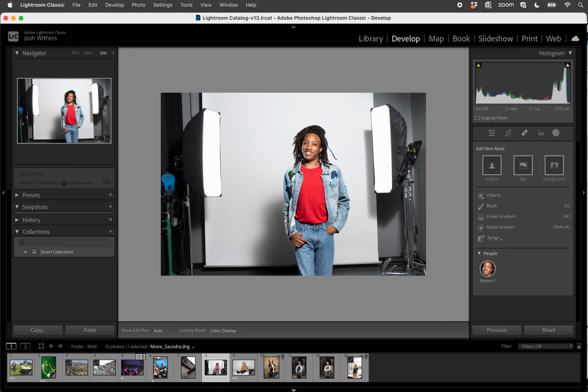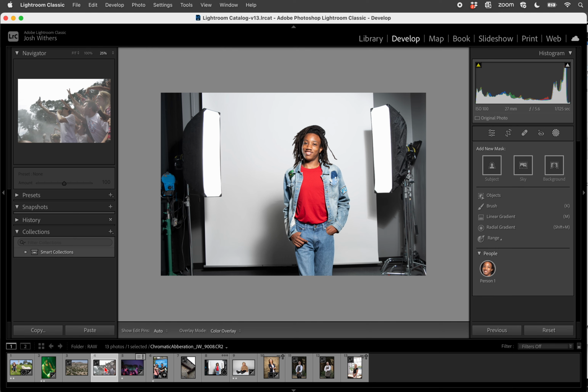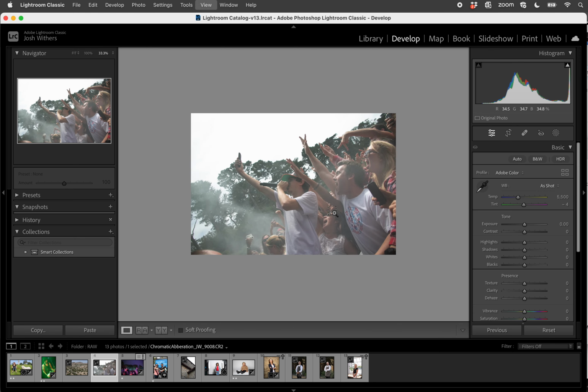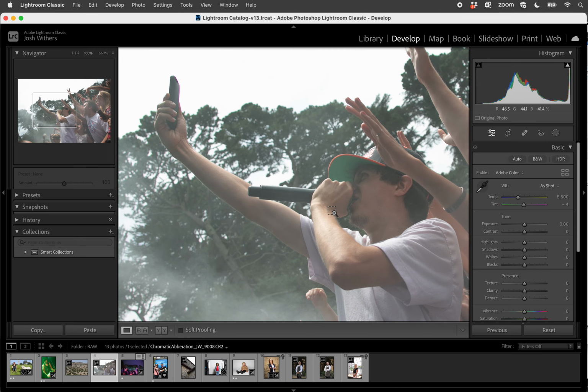Here are two very important image corrections we need to look at when working on our images. One of them is chromatic aberration. Now this is something I typically do on a global level, which means that I'll do this to the entire